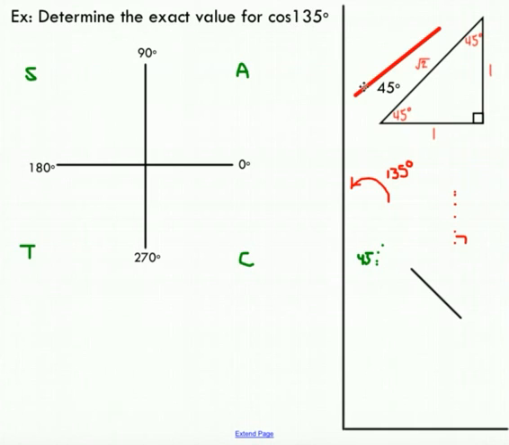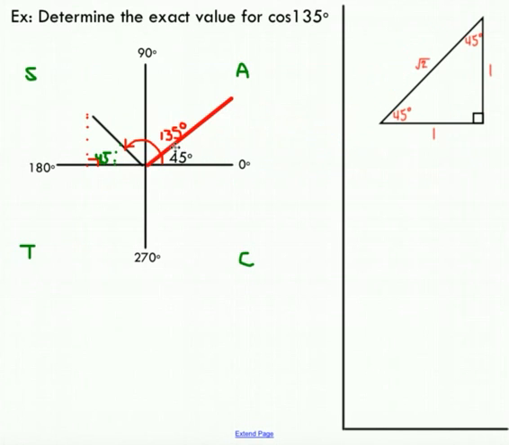So looking at 135 degrees, I'm going to quickly plot that on my axis. If I rotate my terminal arm from the 0 position all the way around to this 135 degree angle, you can see that I end up with an angle like this. Well, 135 degrees is not a special angle. We don't have a triangle for that. But if you subtract from 180, you'll see that we end up with a 45 degree angle, and I end up making a right triangle in this quadrant. Well, what I can do is use what's called a reference angle. I can just picture that if I had a 45 degree angle in this quadrant, I would be able to use my special triangle. And I'm going to do that here.